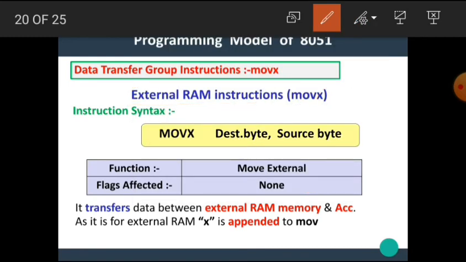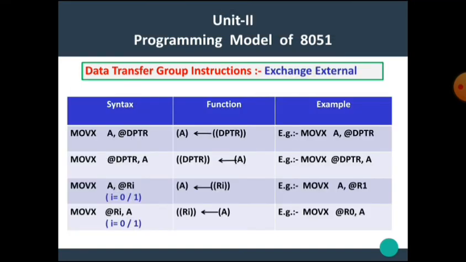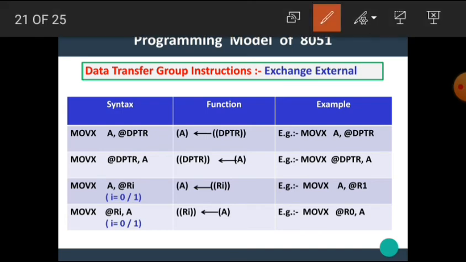One important thing here is that whenever we use an external RAM instruction, we have to add X to the move instruction. It transfers data between external RAM memory and the accumulator. As it is for external RAM, X is appended to the move instruction. Its syntax is MOVX A, @DPTR. That means whatever data is pointed to by this DPTR register